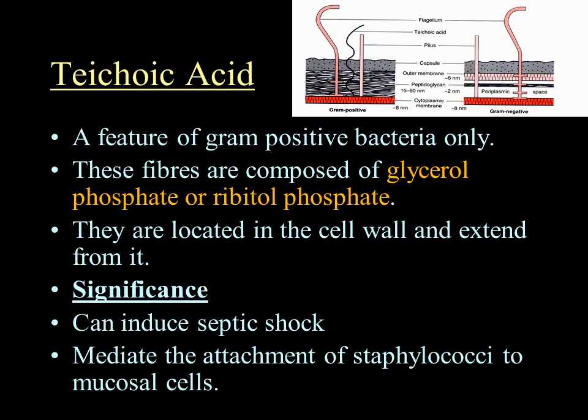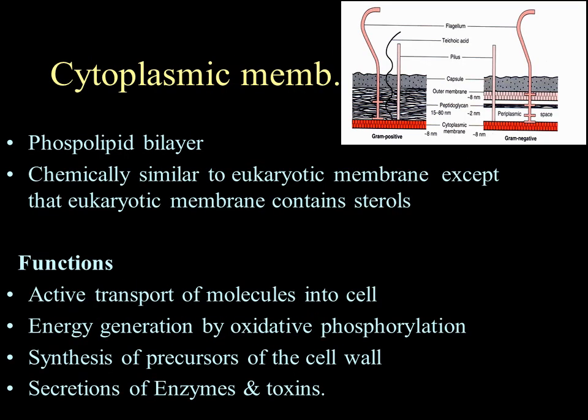So here are the different functions of the cell wall: maintaining the cell's characteristic shape, countering the effects of osmotic pressure, and providing attachment sites for the bacteriophages. Bacteriophages are the viruses that actually infect the bacterial cells. It also provides the rigid platform for surface appendages. The cytoplasmic membrane is a phospholipid bilayer from where most of the appendages are actually originating.